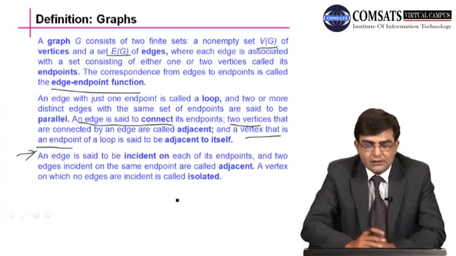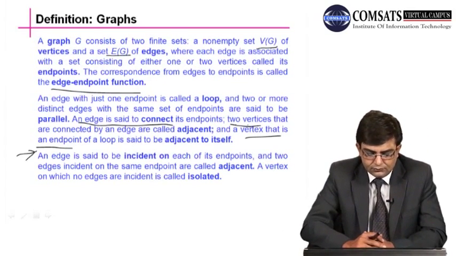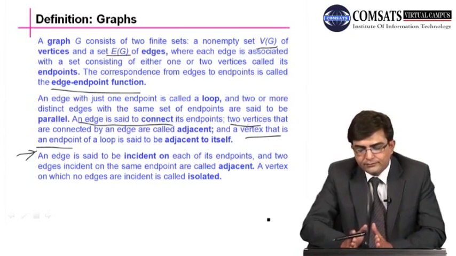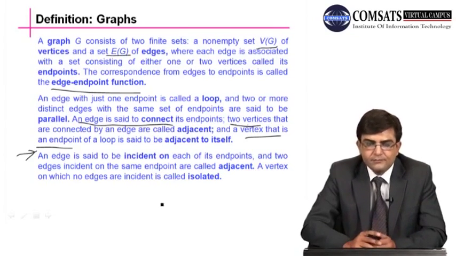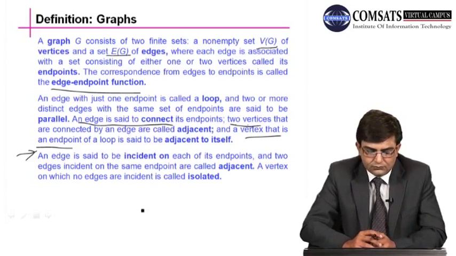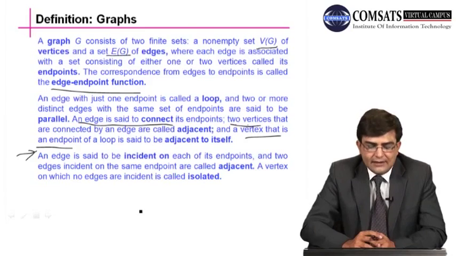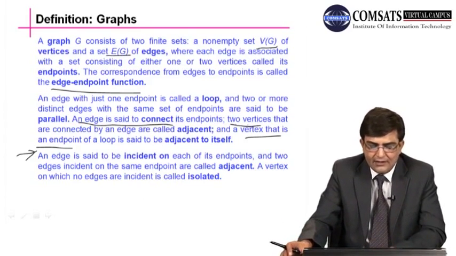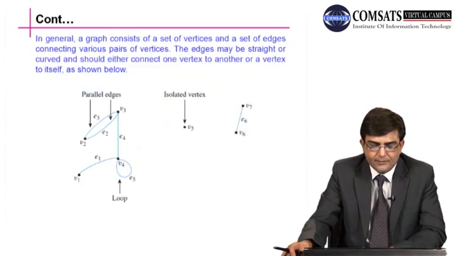And there is another important terminology or notation you can say in the graph. An edge is said to be incident on each of its endpoints, and two edges incident on the same endpoint are called adjacent. I repeat here, an edge is said to be incident on each of its endpoints, and two edges incident on the same endpoint are called adjacent. For example, here